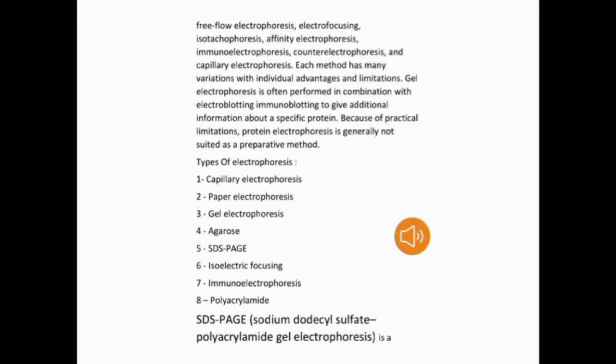Types of electrophoresis: 1. Capillary electrophoresis. 2. Paper electrophoresis. 3. Gel electrophoresis. 4. Agar-agarose. 5. SDS/PAGE. 6. Isoelectric focusing. 7. Immunoelectrophoresis. 8. Polyacrylamide. First,